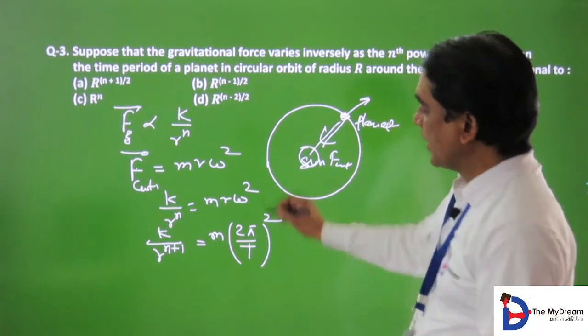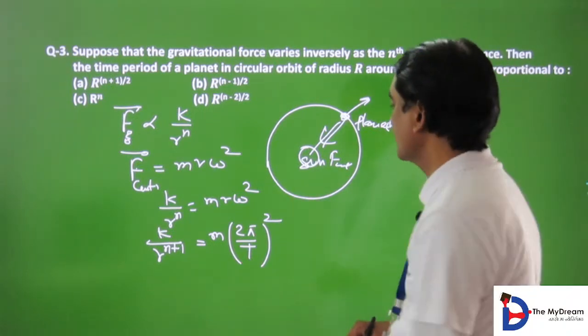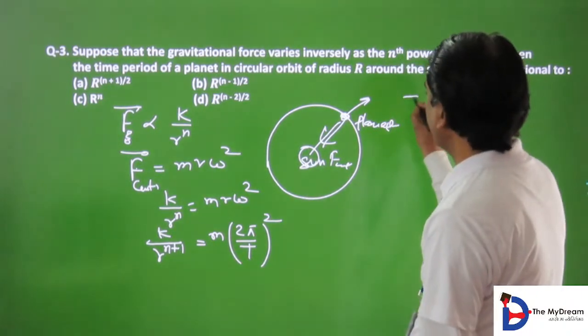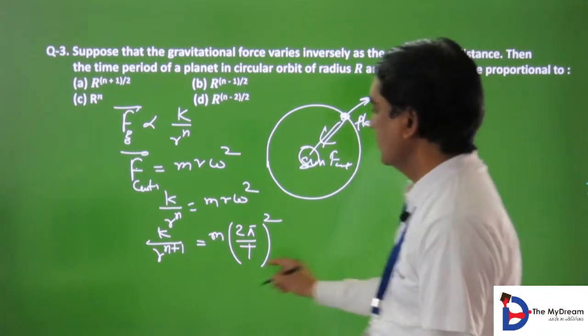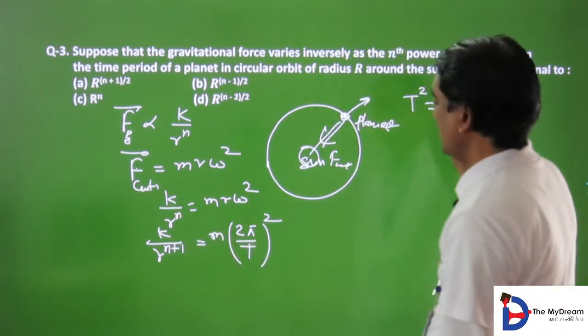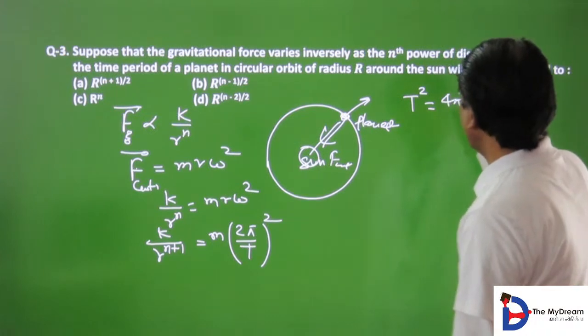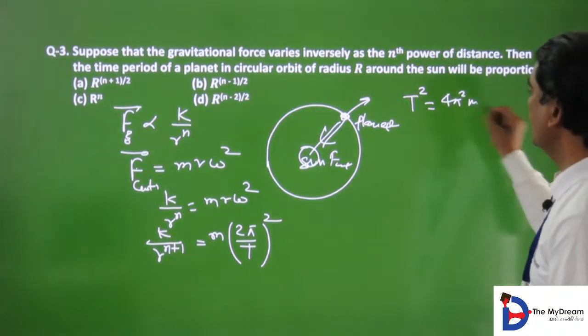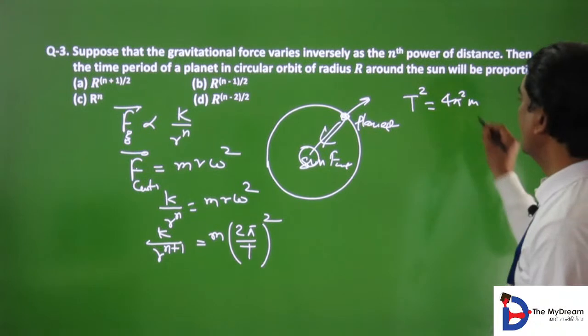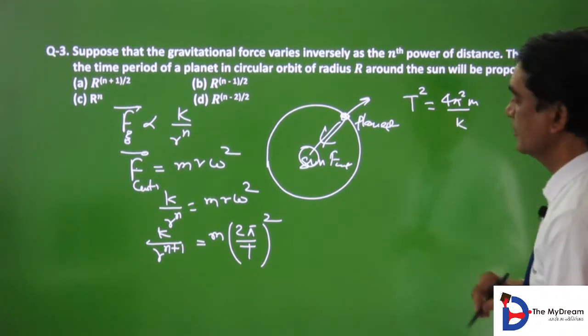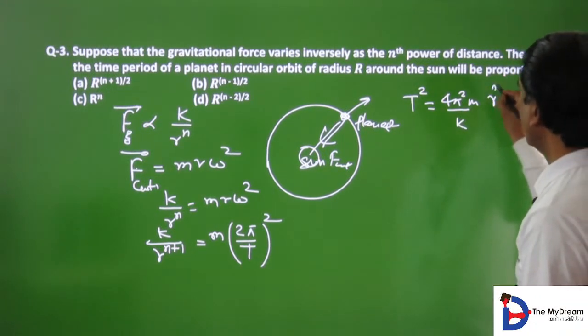In place of omega, you can write down 2 pi by T, n plus 1 will move here. So the square of the time period is equal to 4 pi square m divided by k r raised to power n plus 1,